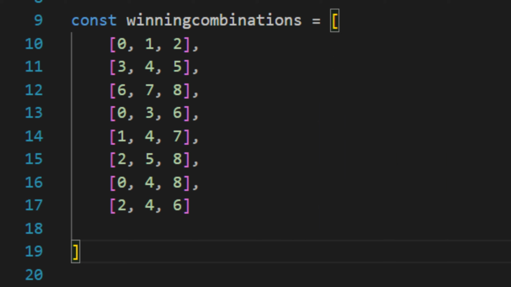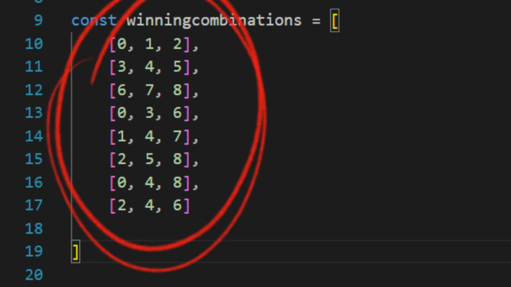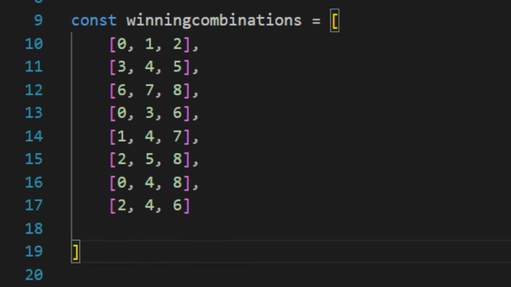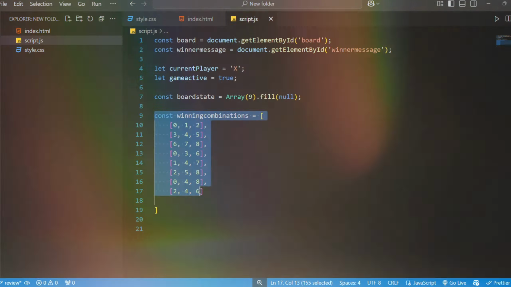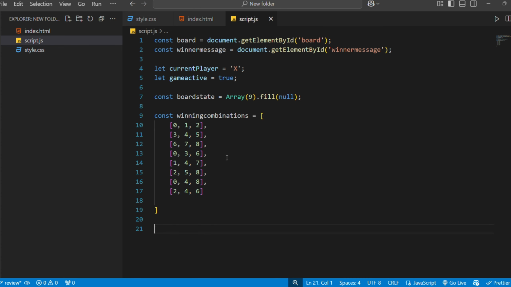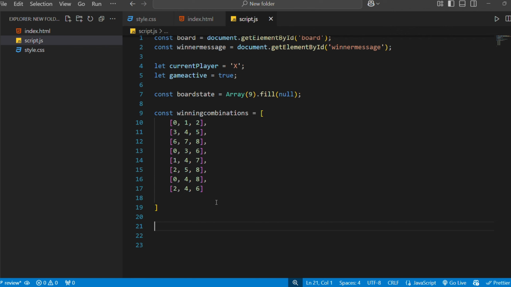In this winning condition, a player wins if they can fill one of these combinations, row, column or diagonal, with their symbols X or O. For example, 0, 1, 2 is the top row, and 3, 4, 5 is the middle row, and 6, 7, 8 is the bottom row. Here, if any of the combinations match, it declares a winner. Now I think you are clear about it and understood how arrays work in this game. Now let's proceed to the next steps.